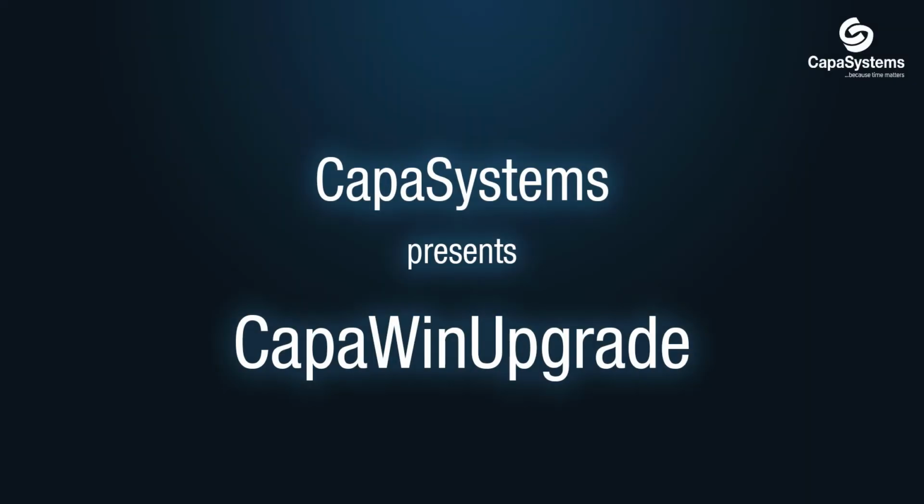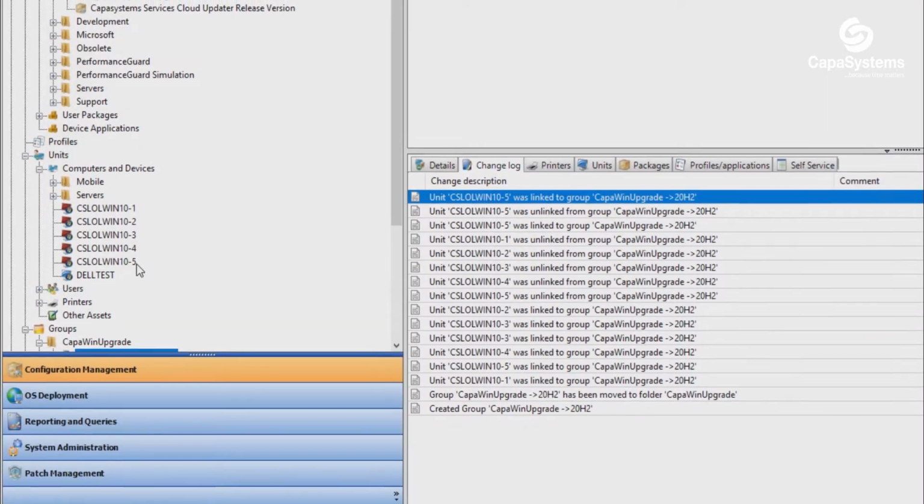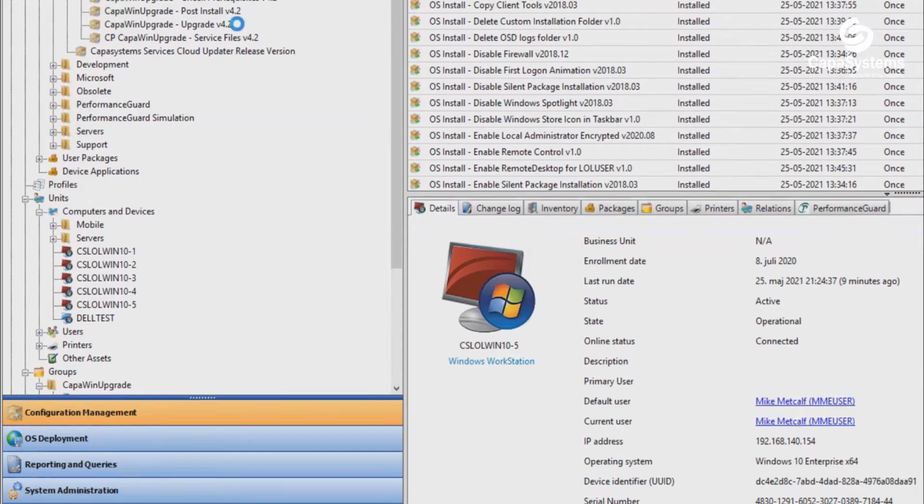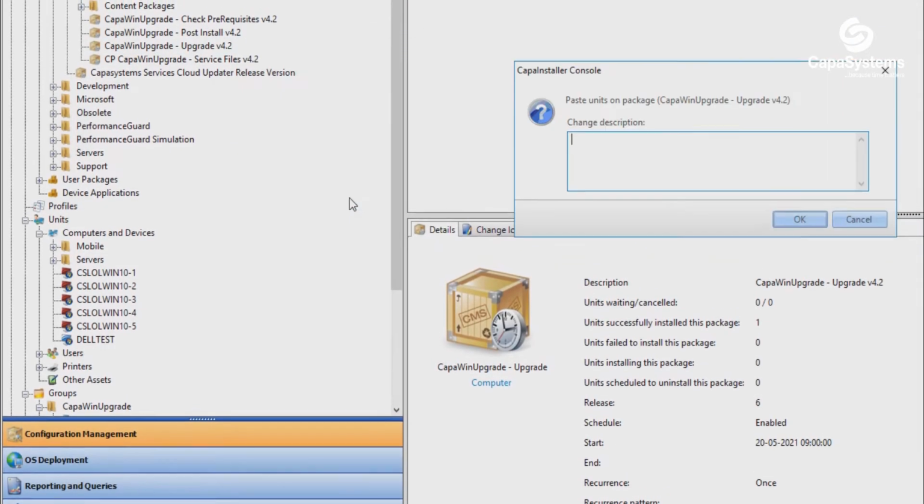Welcome to this presentation of the new CapaWinUpgrade service from CapaSystems. Upgrading your Windows clients has never been easier. Thanks to the newly revised version of the CapaWinUpgrade service, it literally only takes a copy and paste action to